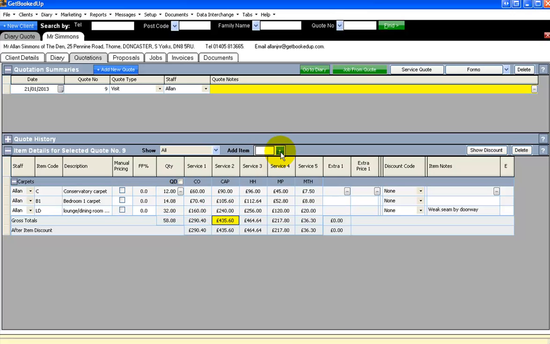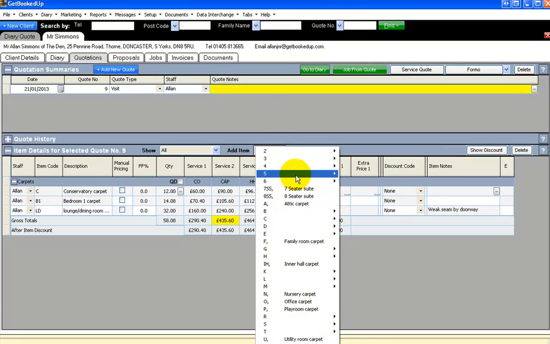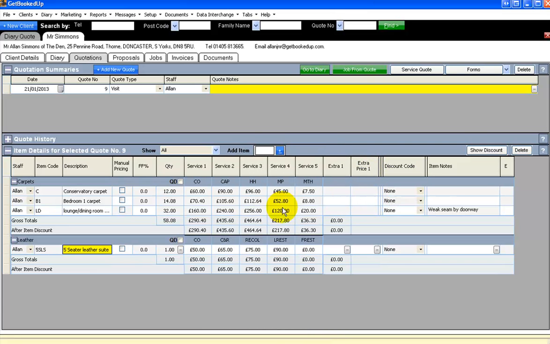So I'm going to again use the list, click the blue button, 5, so a 5-seater leather suite. We choose that from the list. We just tab along to the quantity field. We know there's 5 seats. We put 5 in the quantity, and that'll calculate the price for the clean only service and then the clean